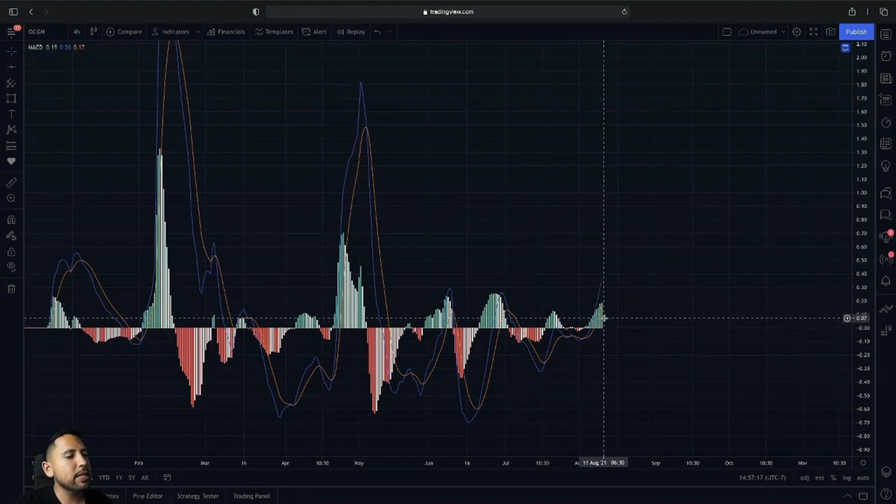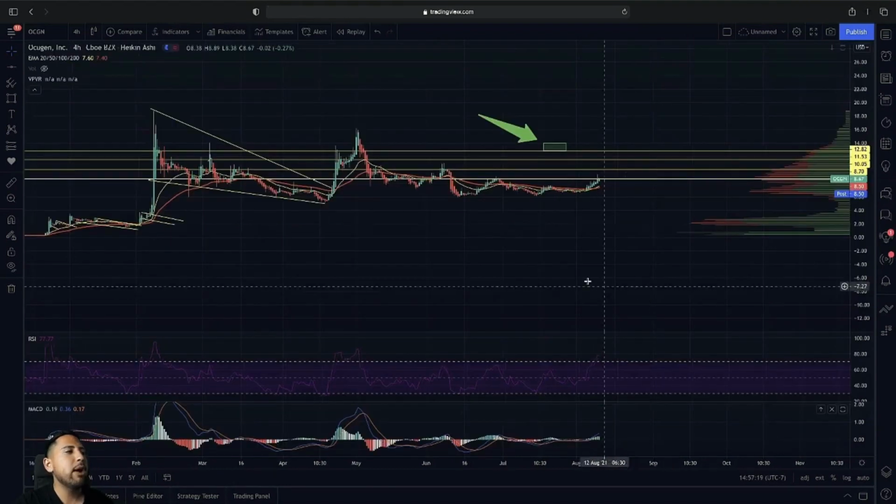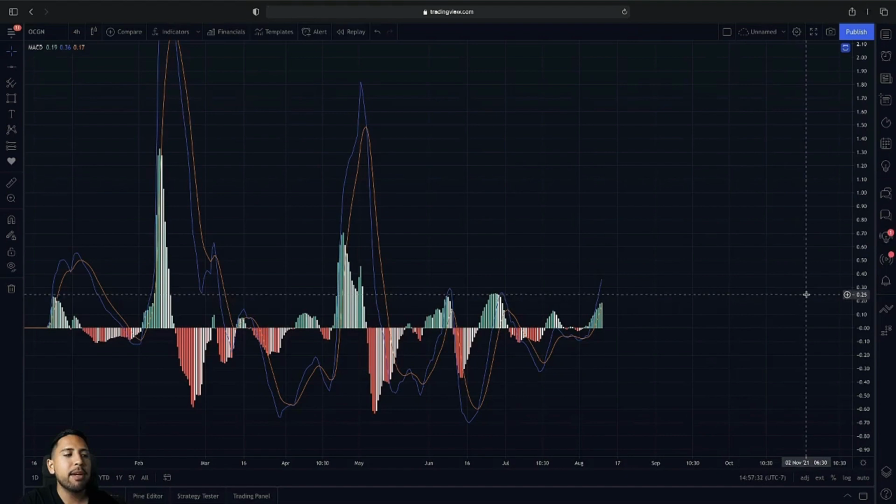So again, the EMA lines crossing above the MACD, showing us a lot of momentum, but however, again, on the 5-minute chart, we have the 20-day moving average still below the 50. If we can cross back up and we can hold the 20-day moving average above the 50 here on the 4-hour, and if we could get that buy pressure point to break above our previous buy pressure point,